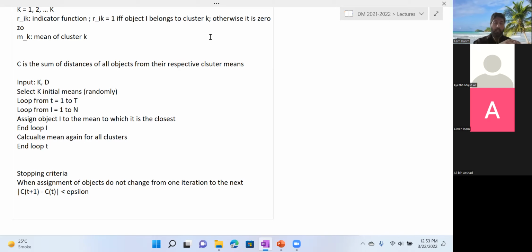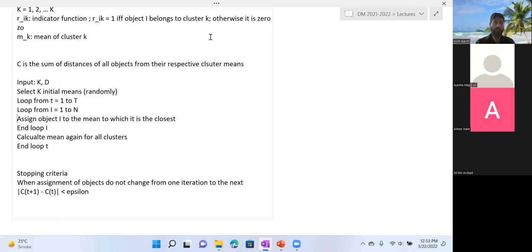And then you take the mean of all those objects to find the new mean. Once the new mean is computed, you repeat the process until there is no change or the stopping criteria is invoked. All right. And of course, we are assigning points to the nearest mean, which is